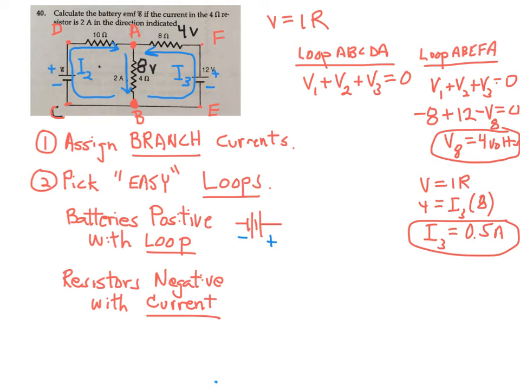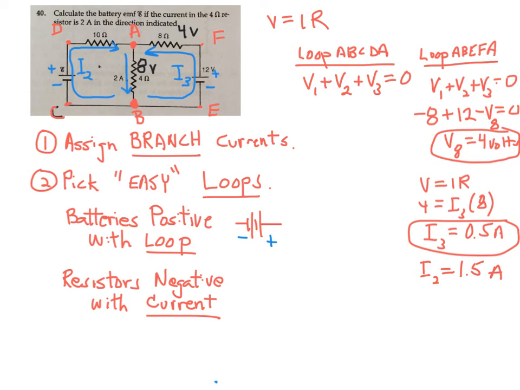That's huge because once I know that I sub 3 is 0.5 amps, now you can go back to law number 1. I always go back to law number 1 as quick as I can if it's helpful. In this case, it is very helpful. So now if I'm looking at point A up here, I know I have 2 amps coming down, and I have this current in this branch, I sub 3, which is 0.5 amps. So far I have 0.5 amps going into point A. Well, the rule in rule 1 is all the current going in has to equal the current coming out. So I have 2 amps coming out, only 0.5 coming in, so I already know that I sub 2 must be 1.5 amps. That's how I deduce that I sub 2 right away now is 1.5 amps. And once I have that,